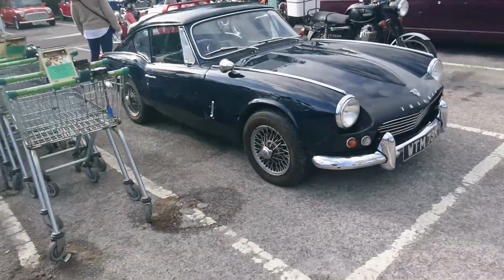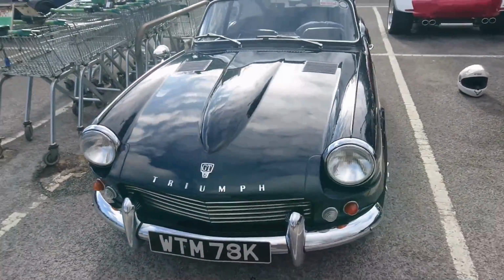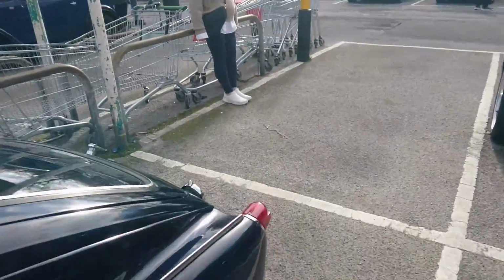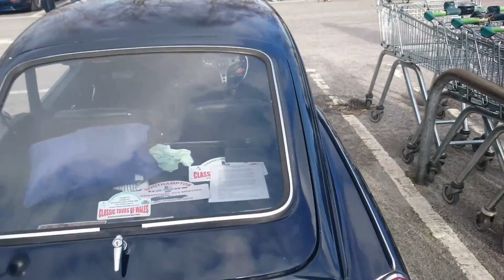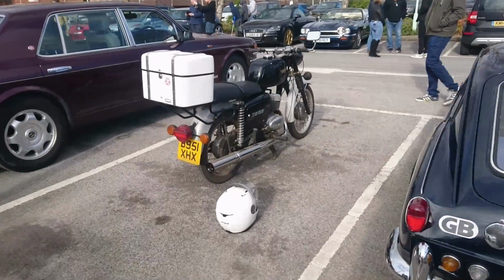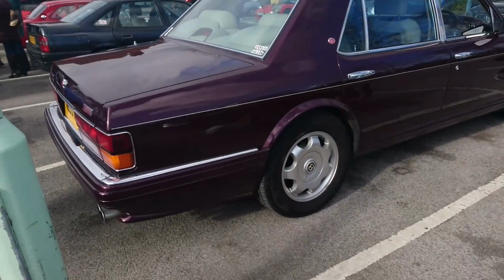Then we've got this Triumph GT6. Now this is actually nothing to do with the plate on it. I keep saying this and I must get this correct. Registered I think in like 72, but actually made in 1968. What is going on there? I don't really know. The old bike there, don't know much about those. Oh yes, my favourite, the